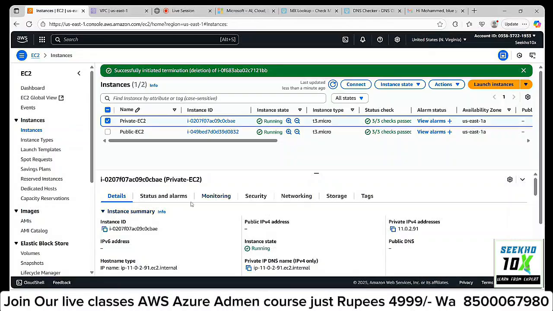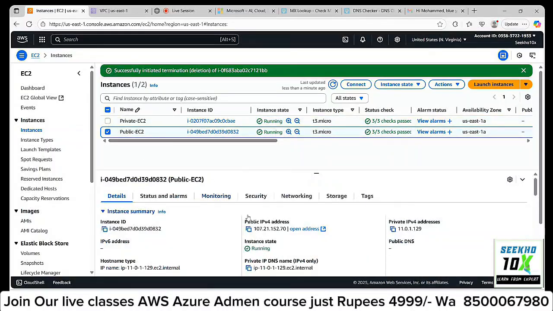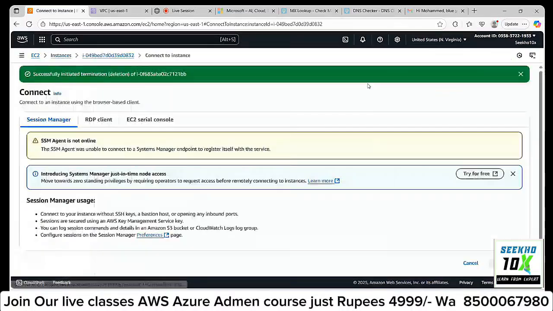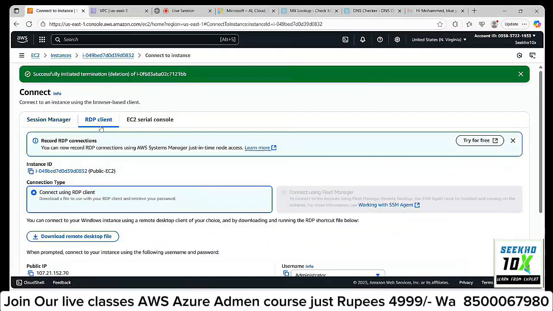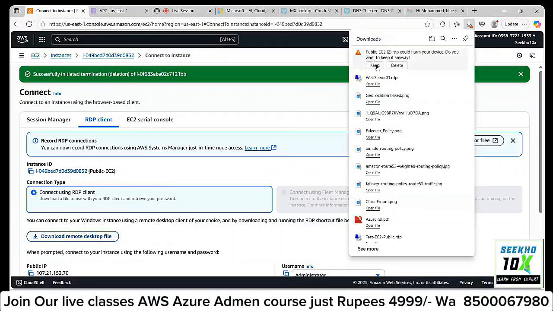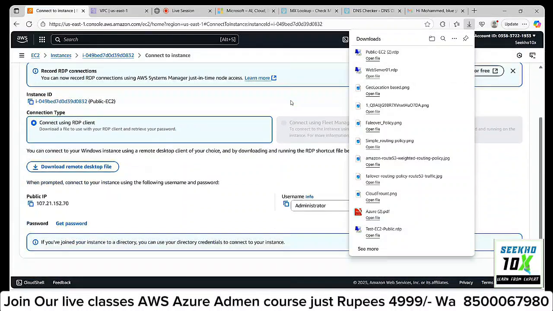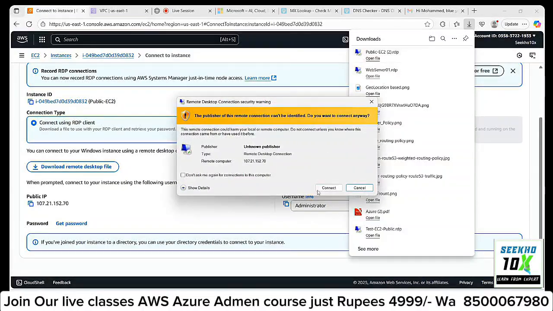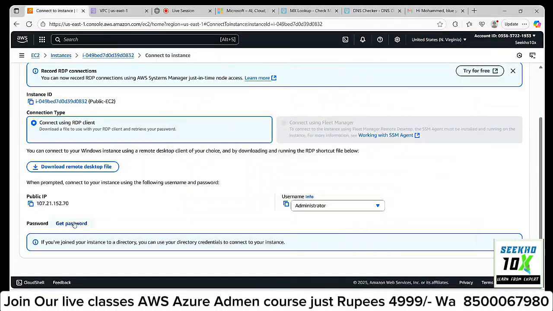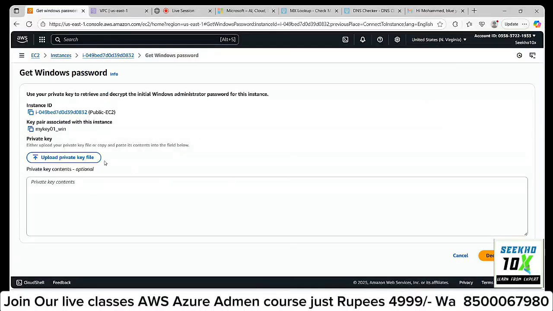So let's see my public IP and say connect. Download my public EC2, sorry. Open the file and decrypt the password.